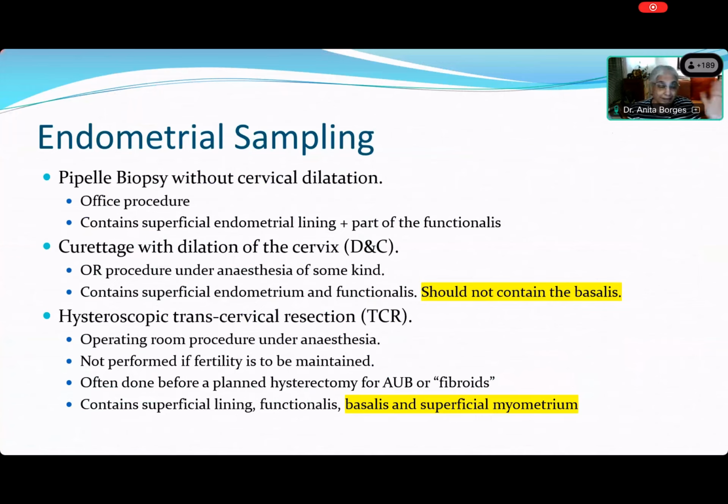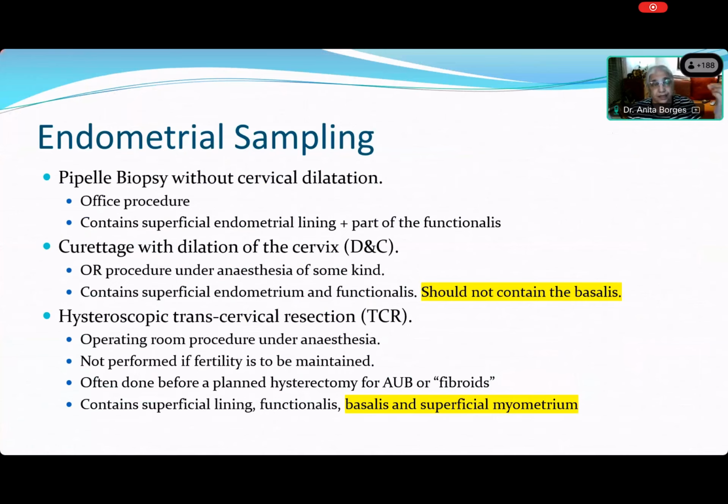All right. The next thing is what we are most familiar with, and that is dilatation and curettage of the cervix. You get the curettage after you have dilated the cervix. You cannot put in a curette without dilatation of the cervix because the patient will go into shock. To push something in through the cervix, which is a thickish curette, requires anesthesia and relaxation of the wall of the cervix, so that there is a lumen through which you can put the curette. So this is an operating room procedure under anesthesia of some kind.